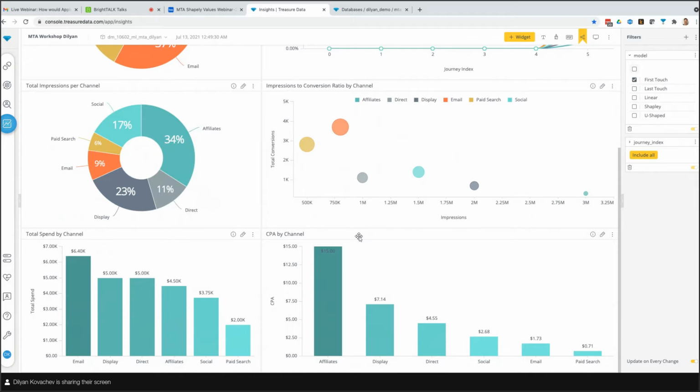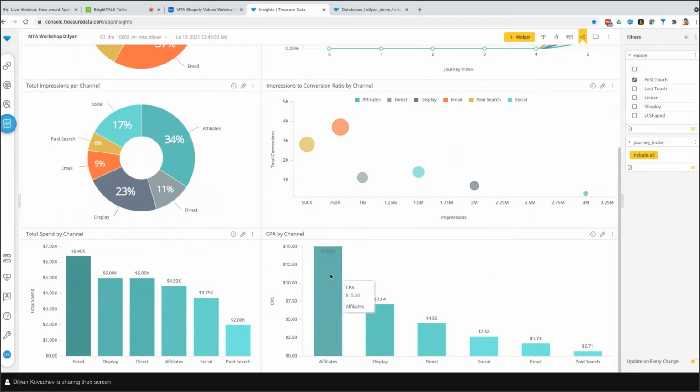You can say you want to have it as low as possible, meaning that, for example, for paid search here, we spend 2K, let's say, within that quarter or month or whatever, just as an example, and paid search resulted in about 3.7K conversions. So for each 70 cents you spend, you actually generate a conversion. So that's a really good ROI.